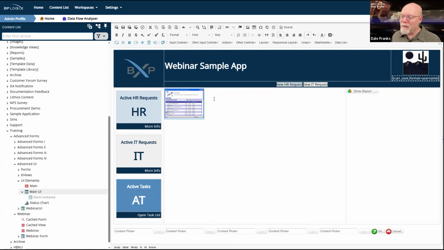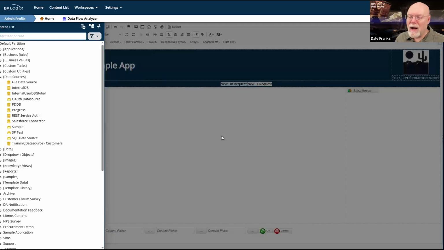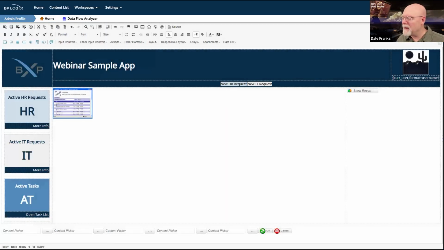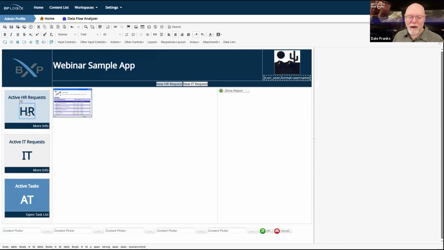I've got a K-view control. This is the K-view control. It just displays my task list. Maybe, since I've got the form open, I should get rid of that content list and bring back the design console. That way we can look over on the right-hand side and see what I'm doing here.